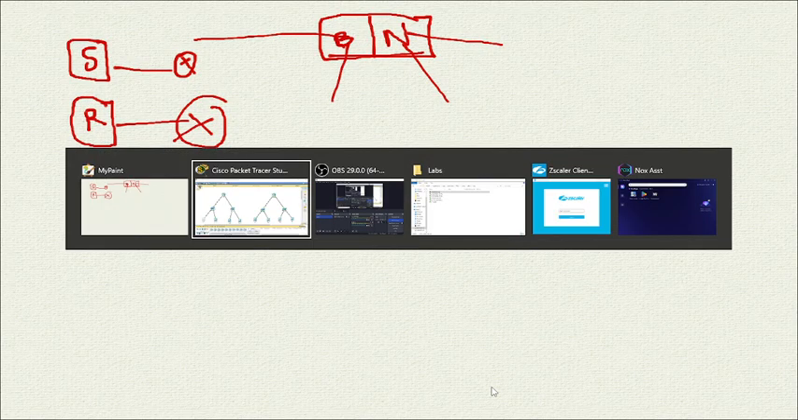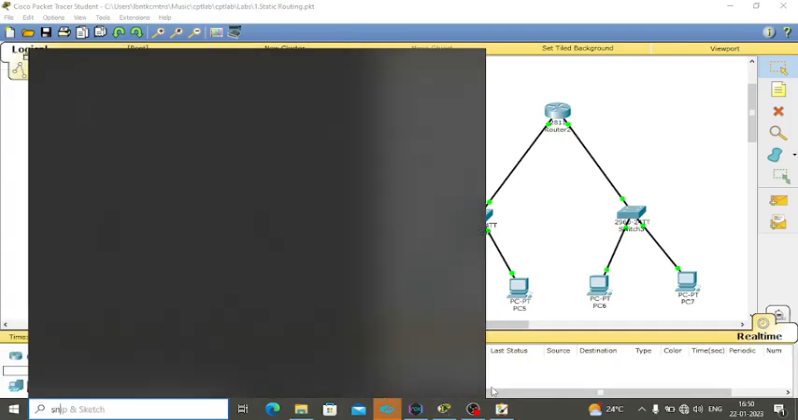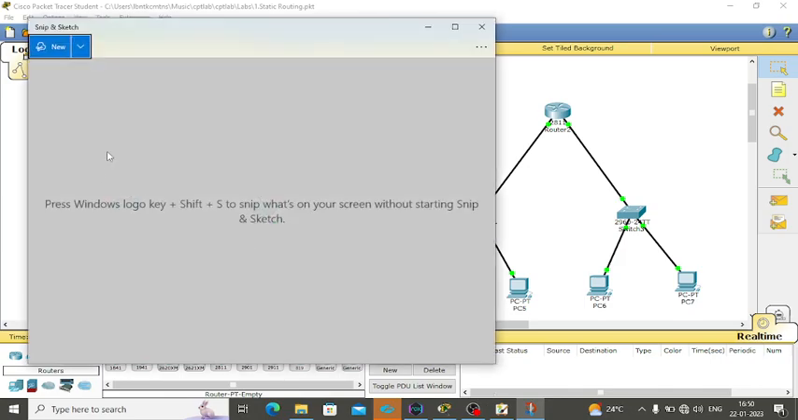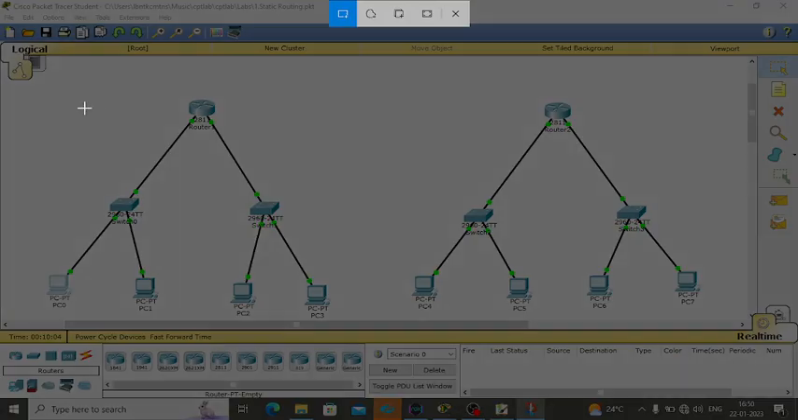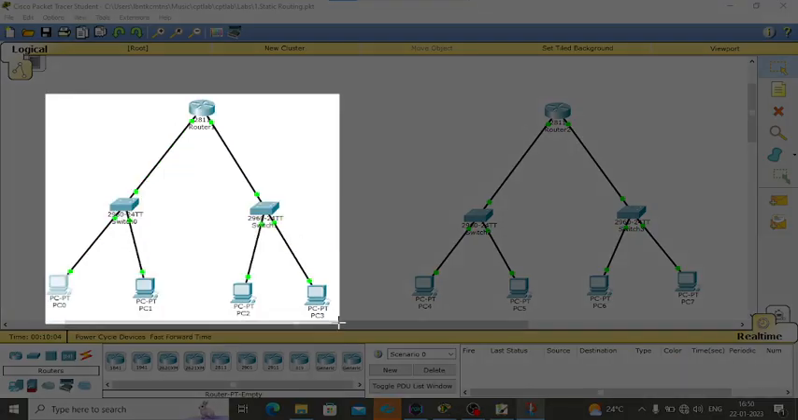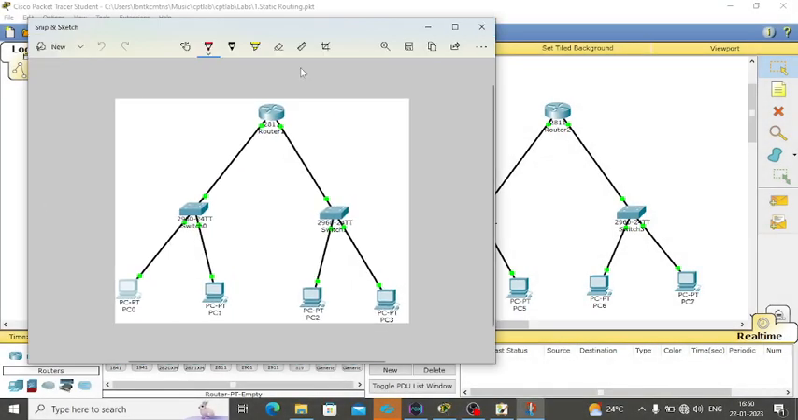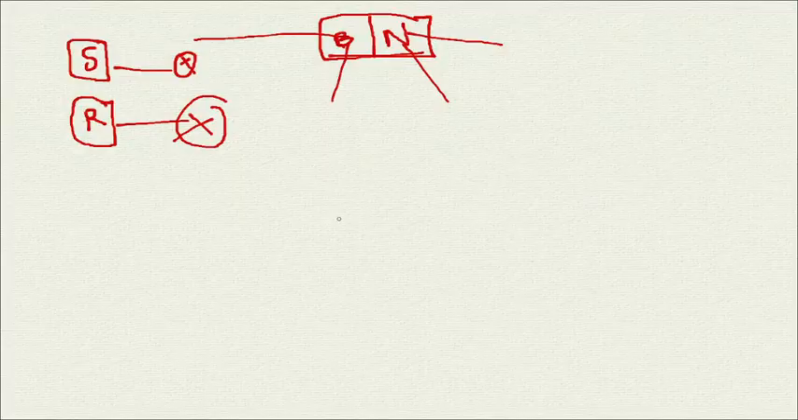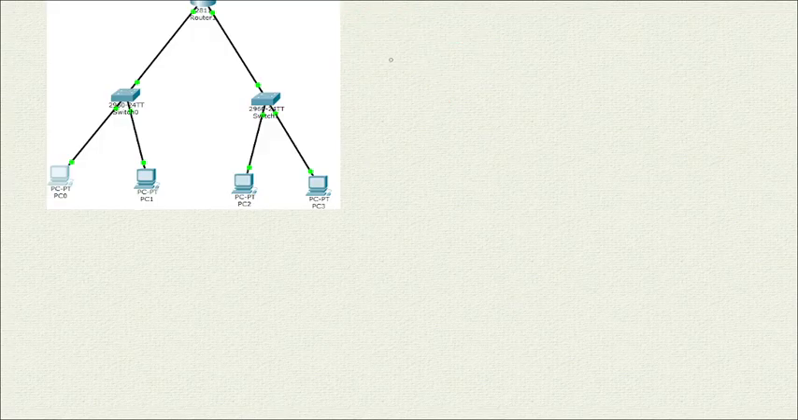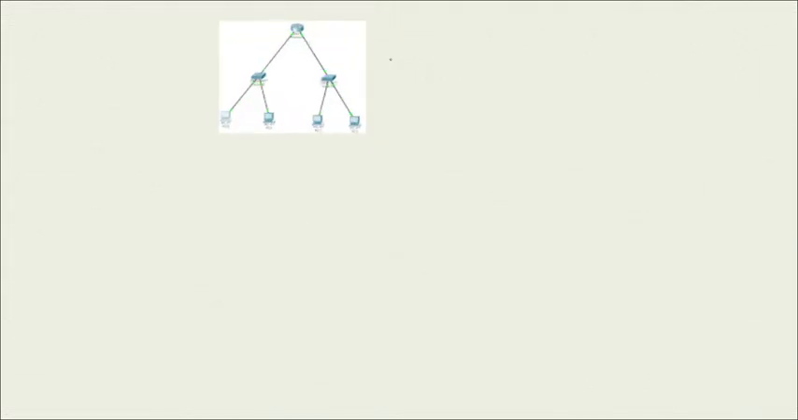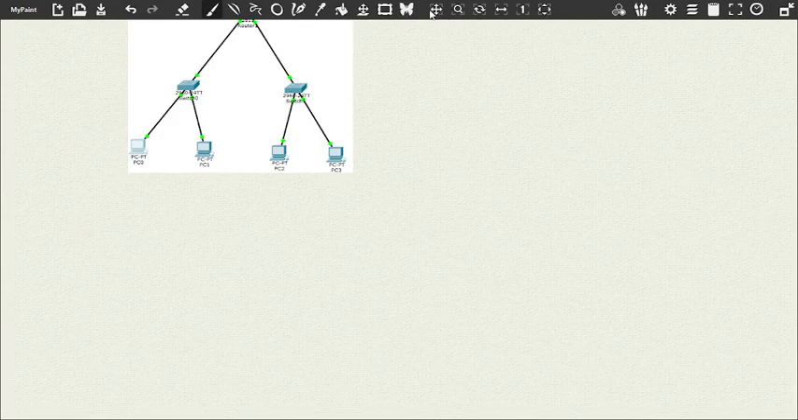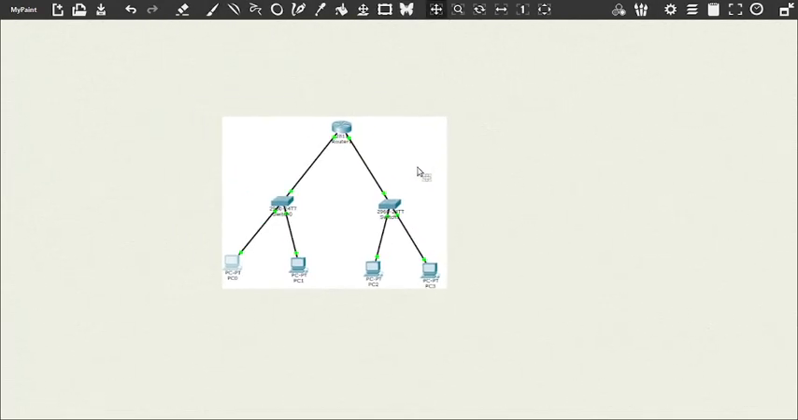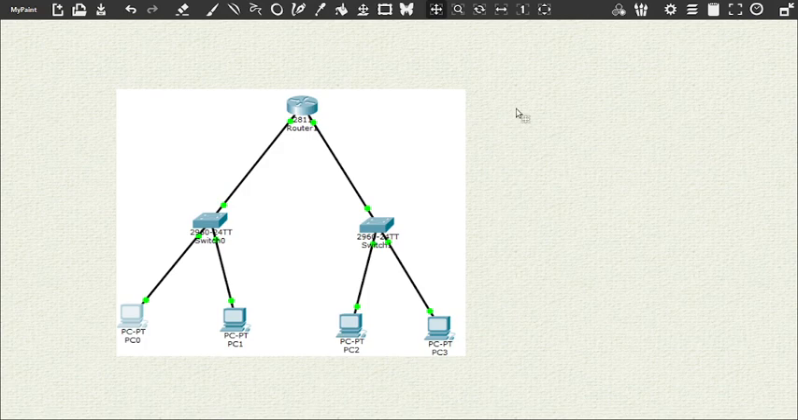So okay, fine, we will go the stepping tool and take the step. Okay, I'll take the snap, copy and paste it here. Okay, okay, fine. Then